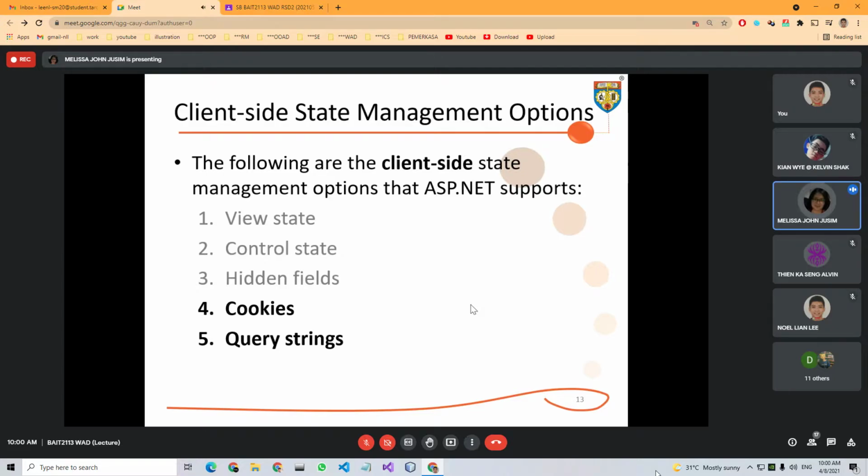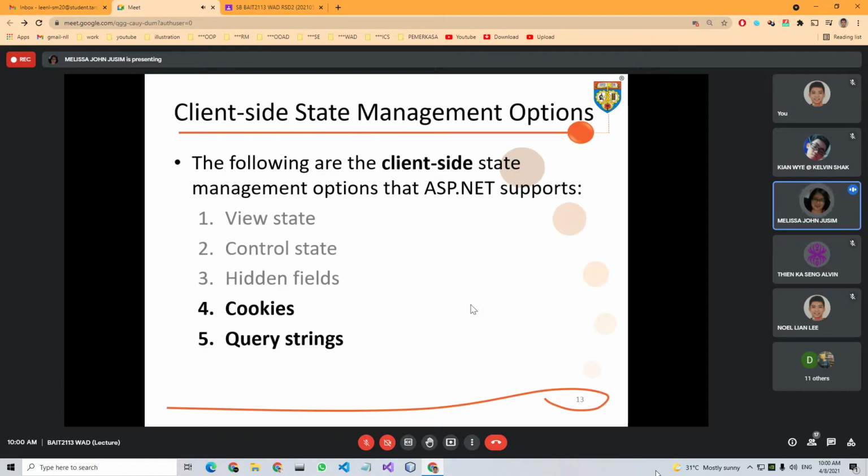I think we have already covered view state, control state, and I remember seeing hidden fields from our previous chapters. So that's why we will not cover the first three, but for chapter 6, we will look at cookies and query strings. This is for client side.